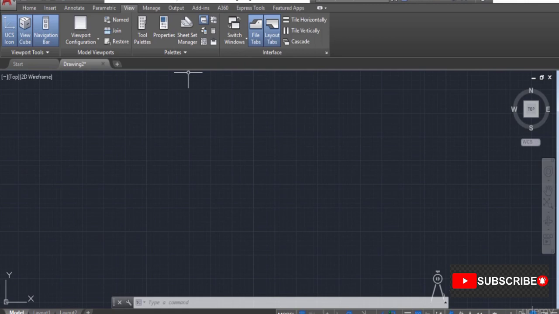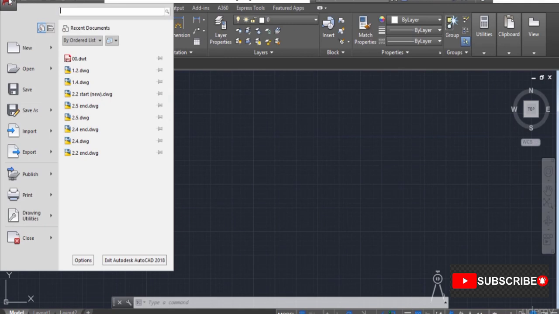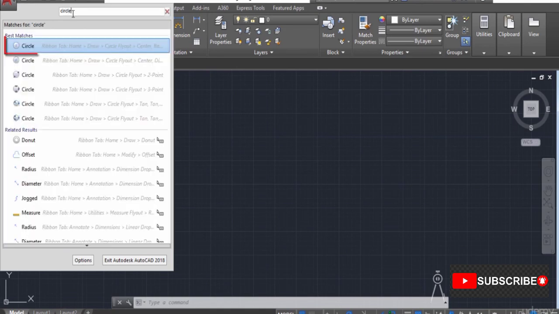You can also search for commands from this application menu. So click on this application menu or the application button, and here you'll see a field. Now let's say that you want to locate a command on the UI of this AutoCAD. So for that you just need to type its name. So I'll type the name of the circle command, and now here we have the results. So in the first result we